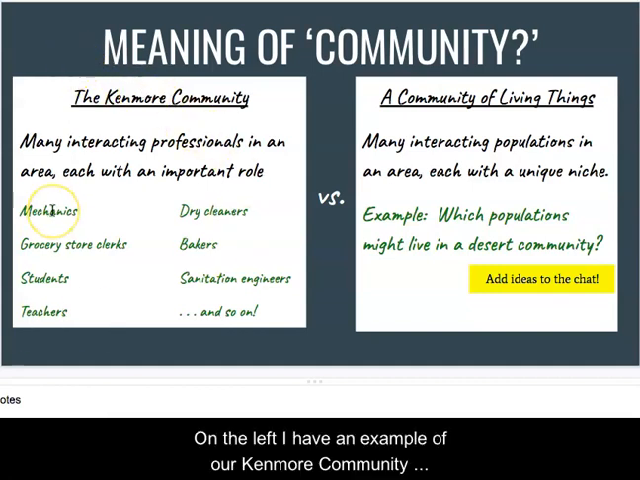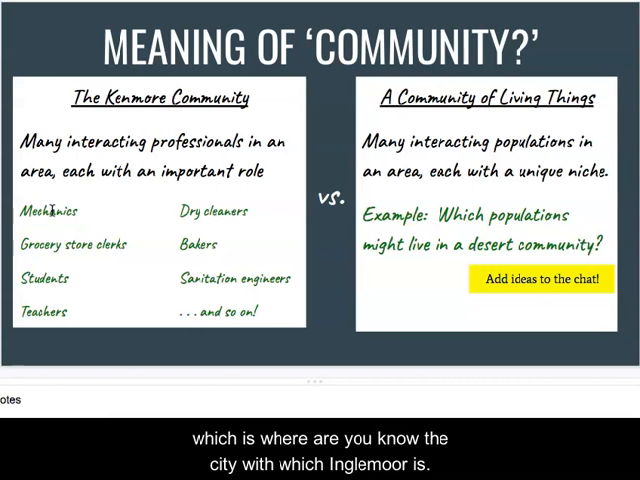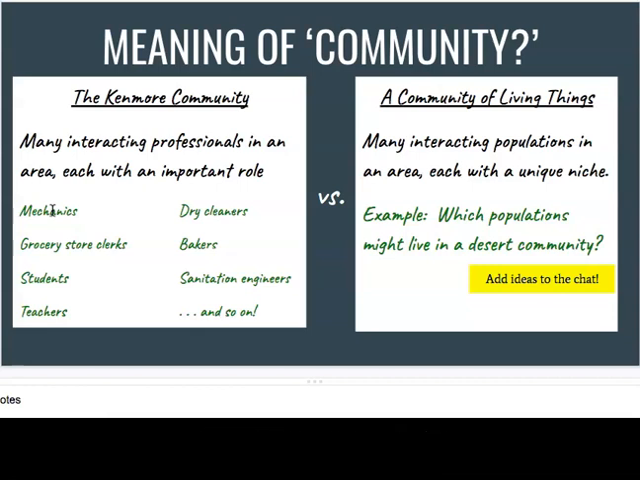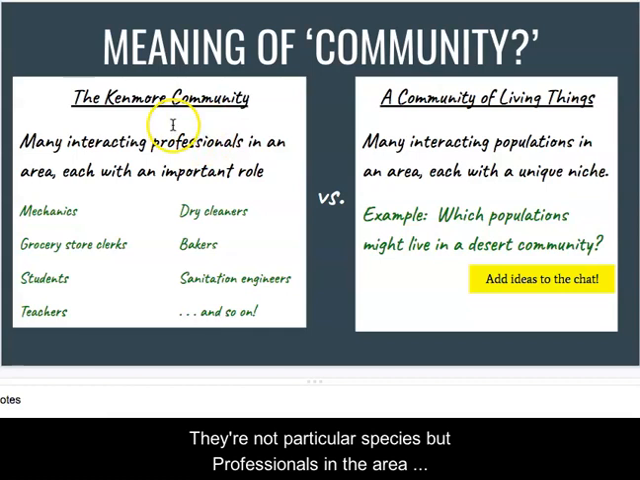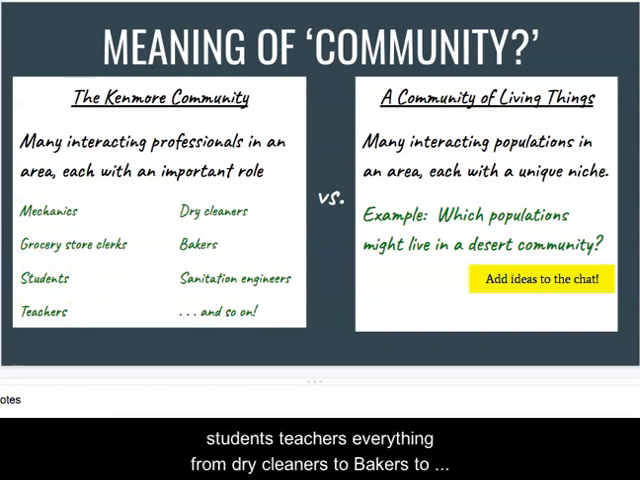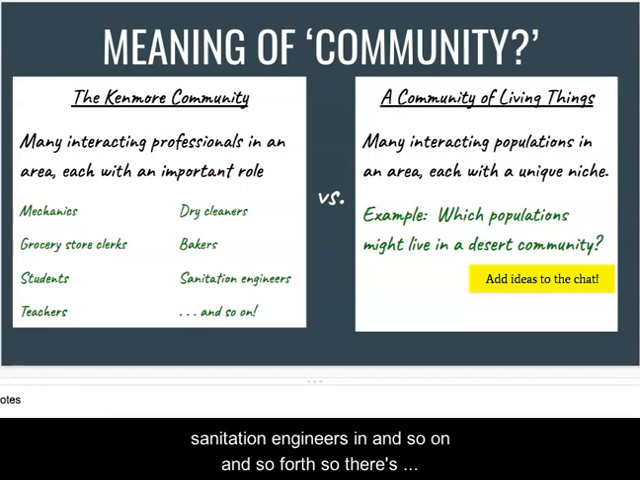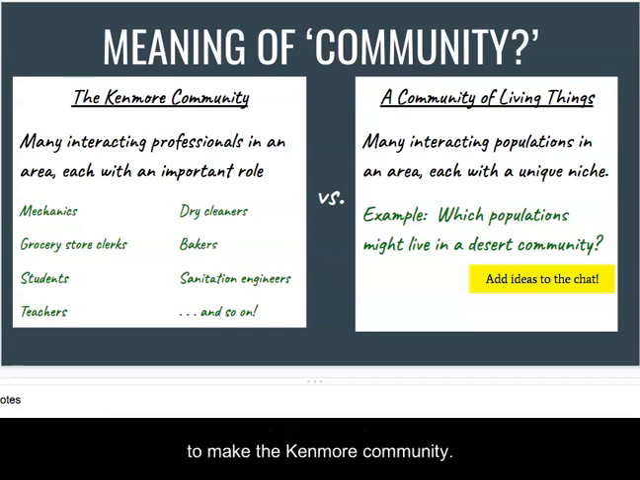on the left, I have an example of our Kenmore community, which is the city where Inglemoor is. And there's many interacting professionals. They're not particular species, but professionals in the area, right? There's mechanics, there's grocery store clerks, students, teachers, everything from dry cleaners to bakers to sanitation engineers and so on and so forth. So there's different groups that all have their own purpose and role to make the Kenmore